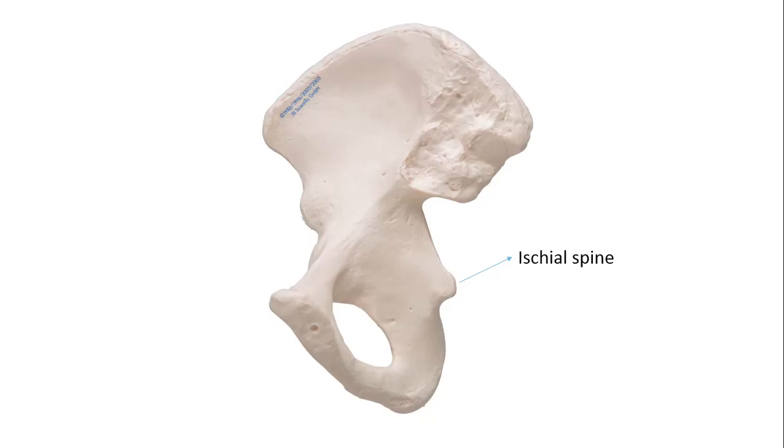Then on the posterior border there is another bony prominence known as the ischial spine. This is the ischial spine, and just below the ischial spine there is a depression or concavity known as the lesser sciatic notch. The lesser sciatic notch lodges the tendon of obturator internus. Okay,